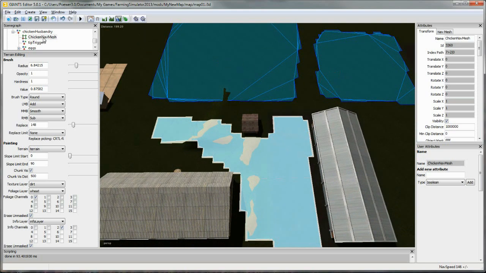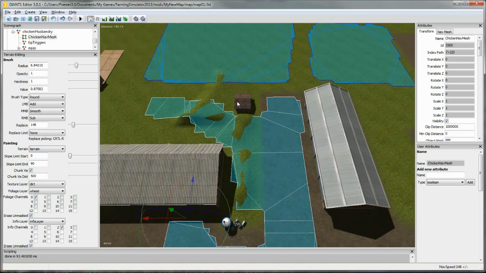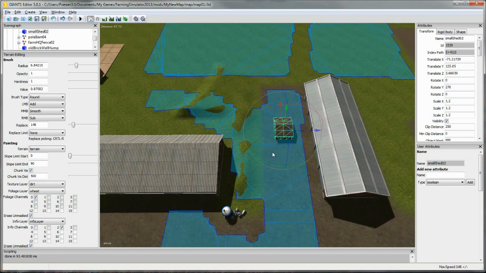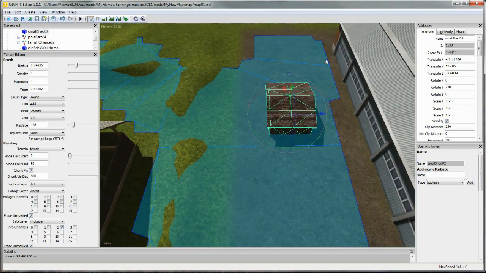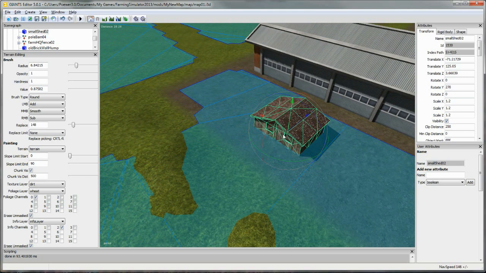Now just a little sideline here. We'll go out of this mode. You'll see the three meshes there. Say for example we want to put this building in the middle of the mesh. Any mesh it would work for. We'll do it with the chickens. Obviously we wouldn't put the building here. This is just an example. At the moment the chickens would either bump into that shed or they would walk right through it, so it